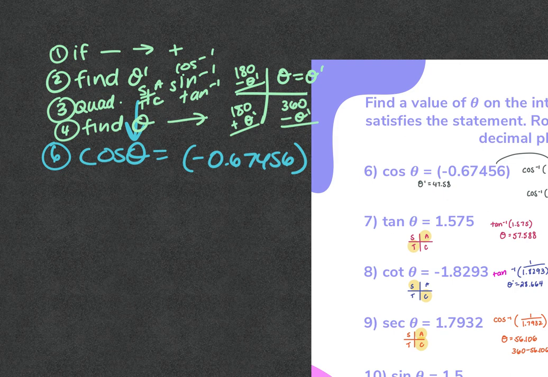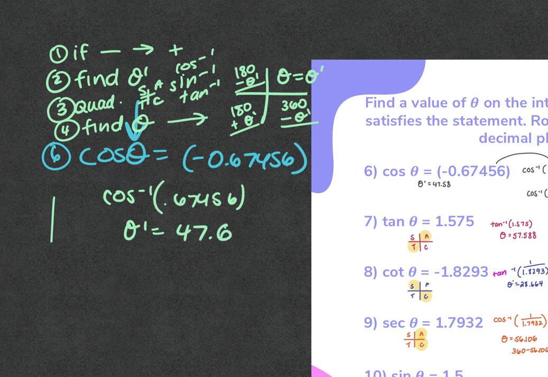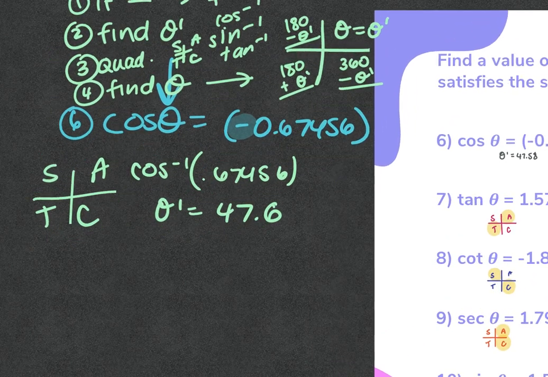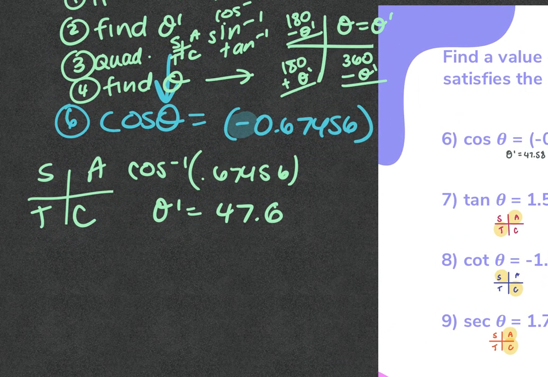So for 6, I'm doing first cosine -1 of 0.67456. And I get my reference angle is 47.6. But that's in the first quadrant, and my original question is negative. Cosine is not negative in the first quadrant, so I can't even keep that as one of my answers. I move into quadrant 2 because cosine would be negative there, and quadrant 3 because cosine would be